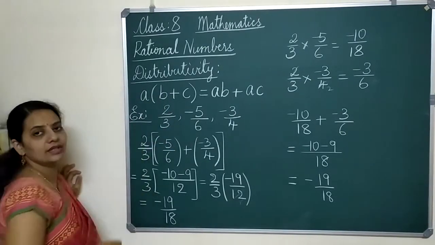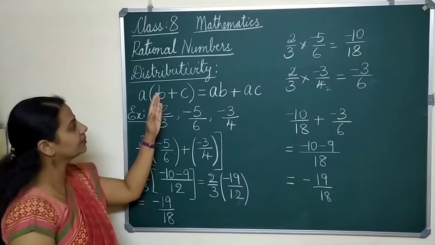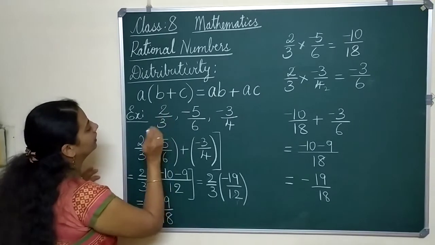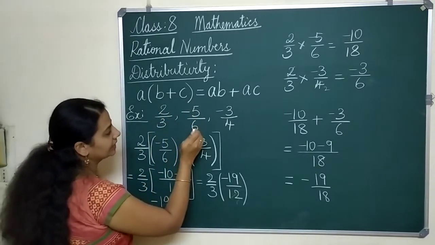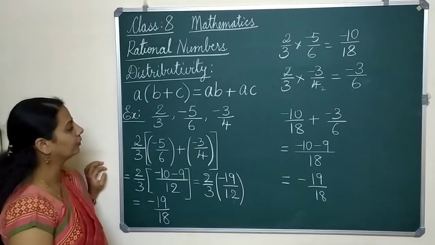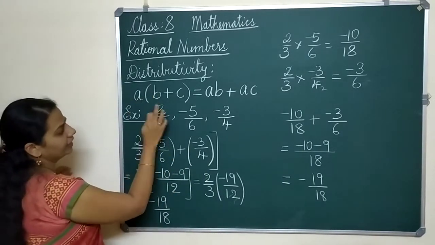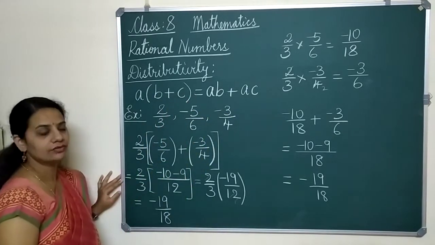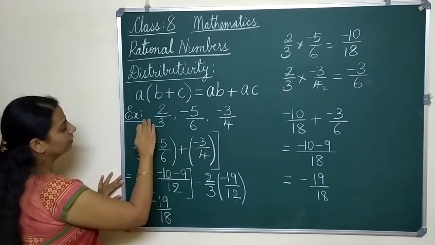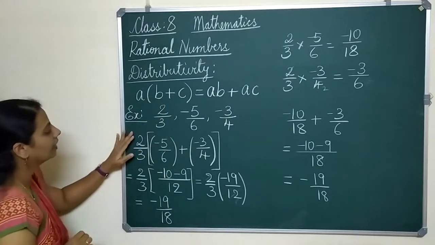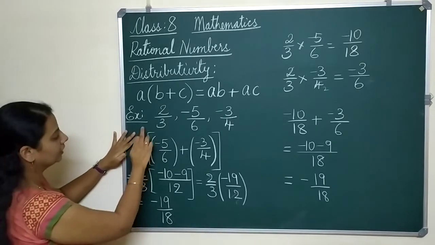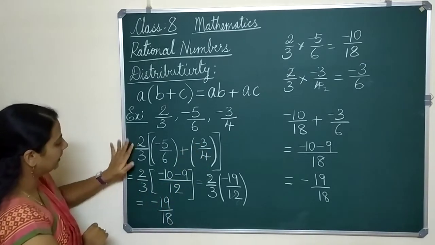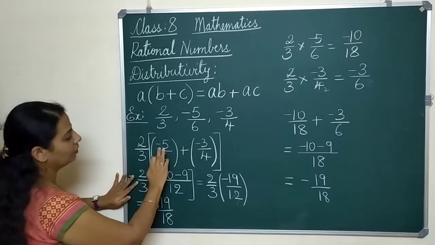Now let's take one example and find out whether this property holds good under rational numbers or not. Now I have taken 2 by 3, minus 5 by 6 and minus 3 by 4. So in place of A you have 2 by 3, in place of B you have minus 5 by 6, in place of C you have minus 3 by 4. So in this equation I am going to write it down as it is. So I have written 2 by 3 into minus 5 by 6 plus minus 3 by 4. So I am keeping this 2 by 3 as it is here, and now I am going to add these